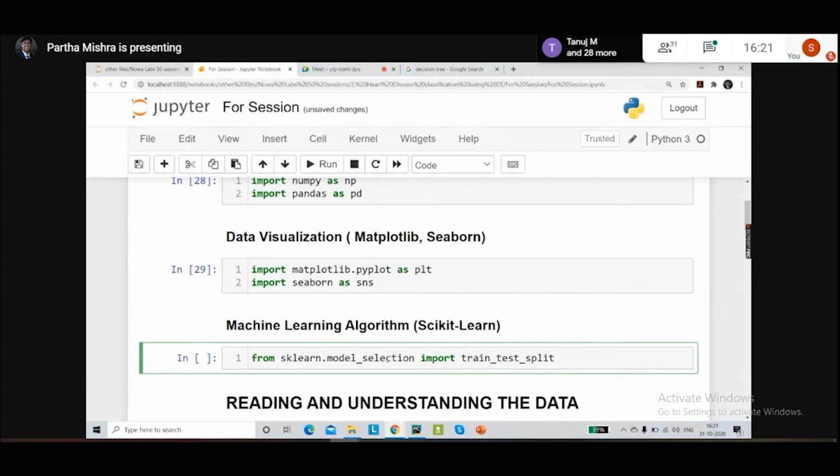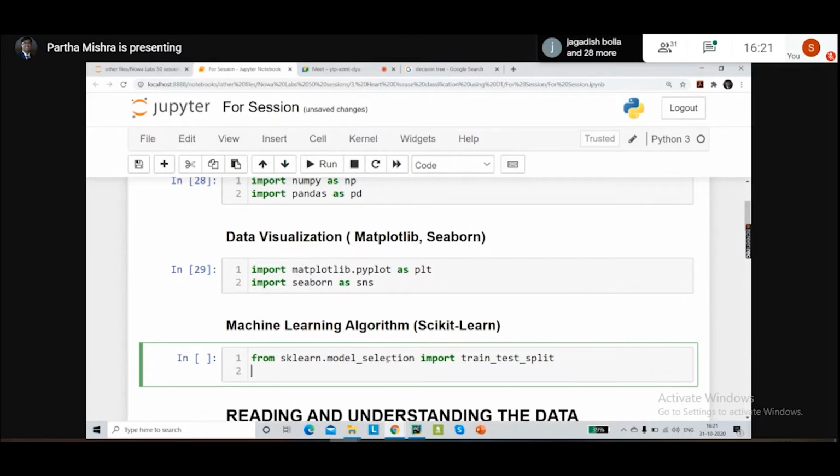So I'm doing the tab auto completion in case some of you are wondering how I am auto completing this. Once you start typing a few letters, you can just hit tab, and Python is clever enough to auto complete this entire statement for us. So this was the first piece we want to import from scikit-learn. That is train_test_split.